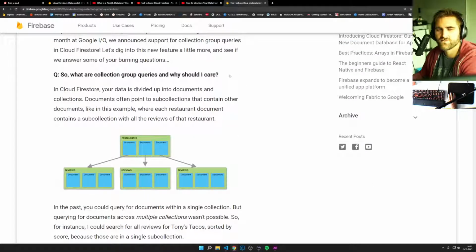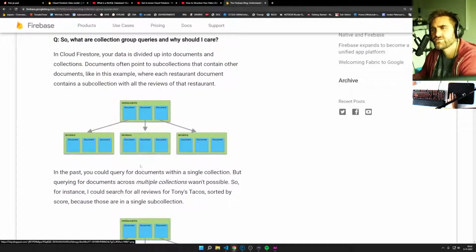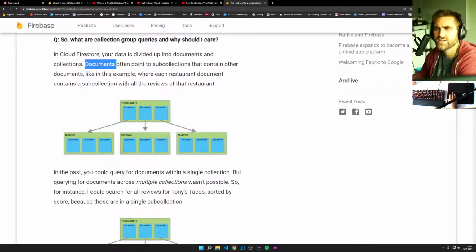What are they and why do we care? In Firestore, your data is divided up into documents and collections. Yes. Documents often point to sub-collections